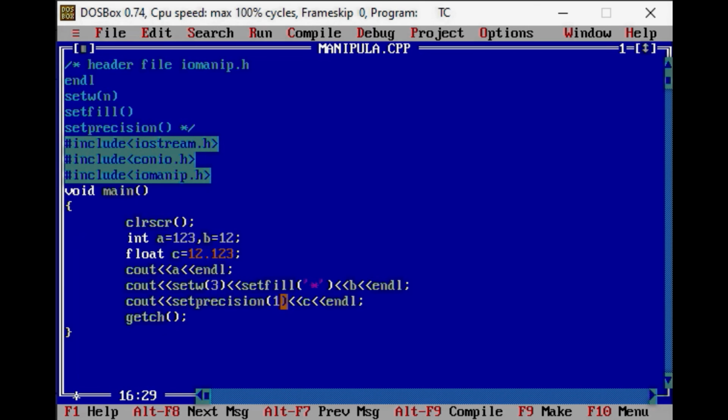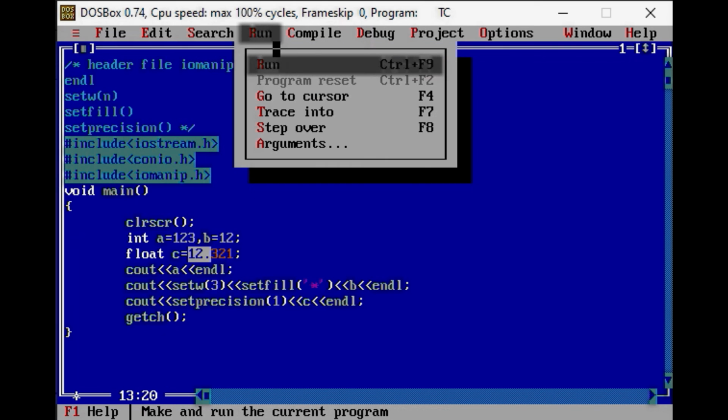If I write here setprecision 2, then it will give the output 12.12 because the precision is set to 2. Suppose I write 12.321, when I use 1, the output will be 12.3 only.